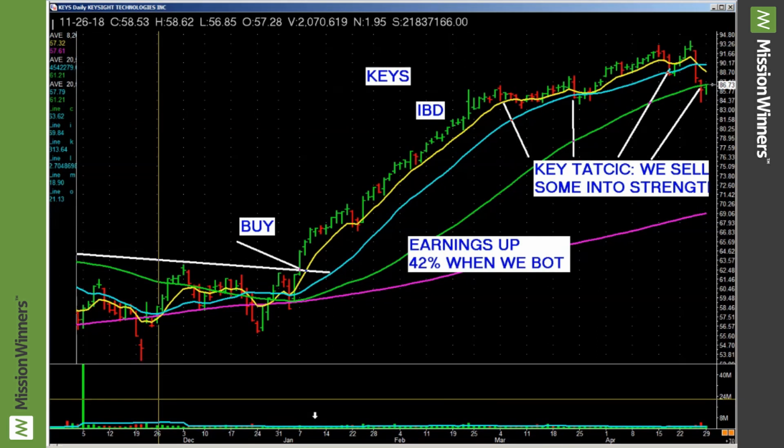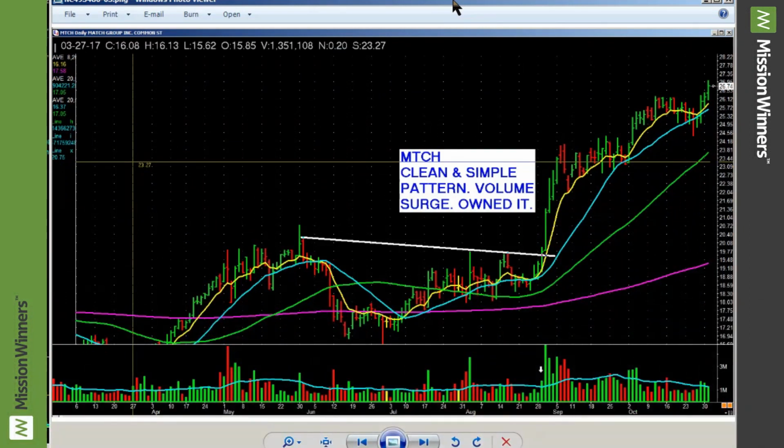Another one, just to frame things up a little bit better for you. Match group. Connect the high here, connect the high here, connect the high here. You got a nice long trend line. And it lifts across. Volume comes into the stock. and it makes a nice move. Simple trend line